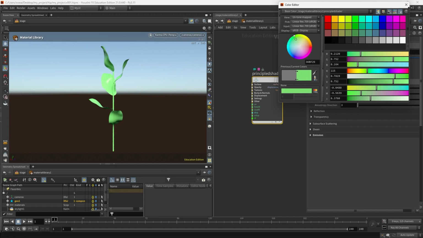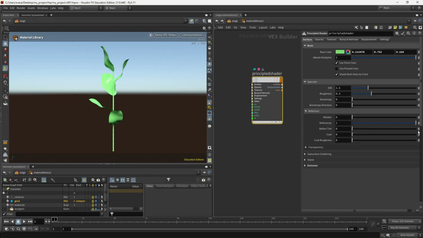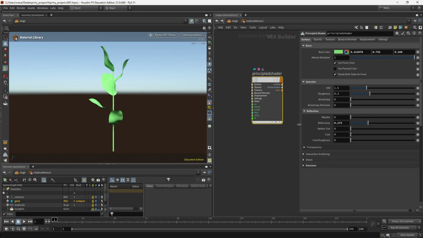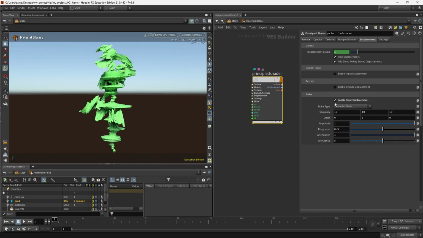And then I would like to take the reflection down a little bit. And then I would like to add some displacement. I'm just going to use a noise displacement. I'm going to take the roughness to 0 and then find some frequency I like.